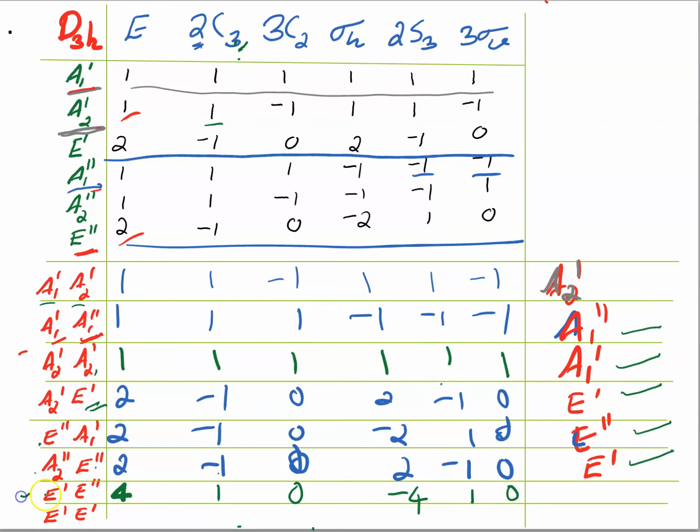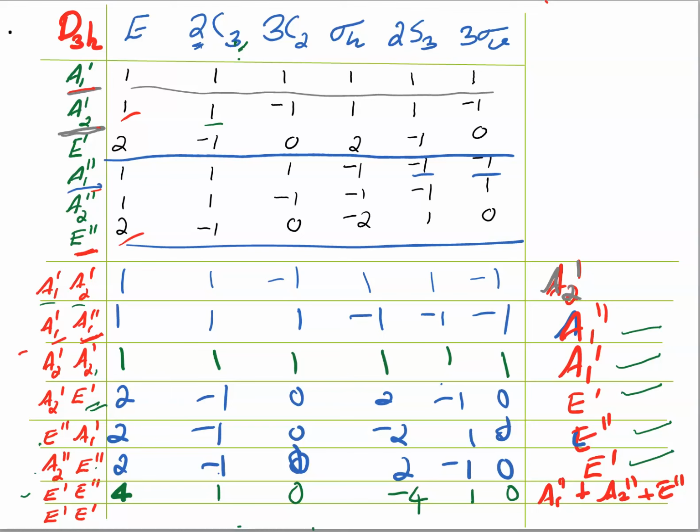But multiplying two-dimensional matrices, we get a reducible representation, and it should be reduced to irreducible representation by our reduction formula that we have already studied. By reducing it further, we will get A1 double dash plus A2 double dash plus E double dash. I'm not elaborating it, you can check it. We already studied in the last video how a reducible representation can be converted into irreducible representation by the reduction formula.